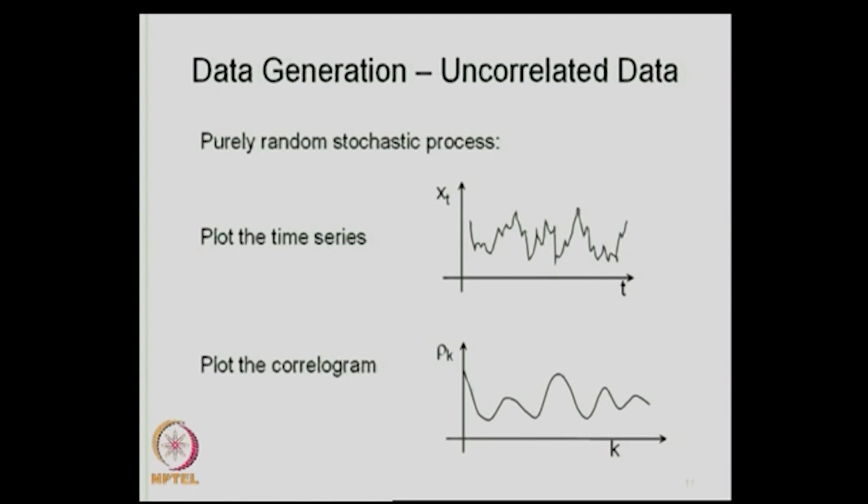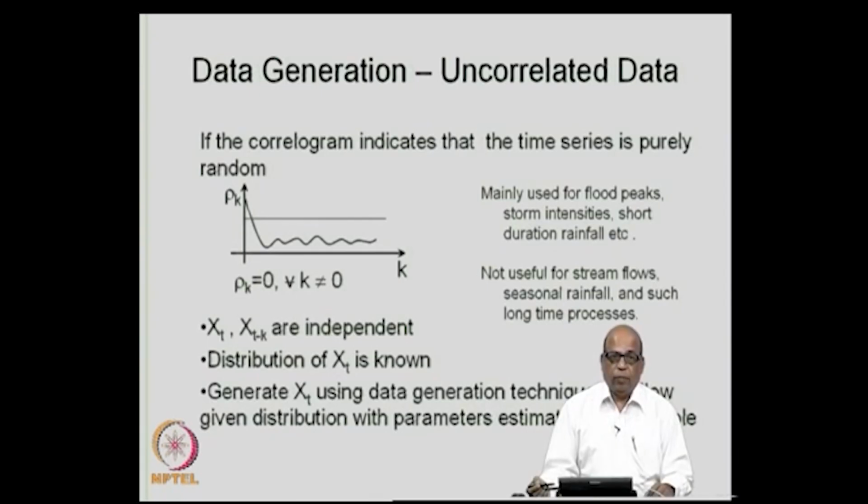Then what do we do? If the correlogram indicates that rho k is equal to 0 for all k not equal to 0, what I have shown here is the sample autocorrelations. So, they will not be exactly equal to 0, but they will be statistically insignificant. So, if you notice from the correlogram that for all k not equal to 0 the rho k's are statistically insignificant, then you can say that the data is uncorrelated,